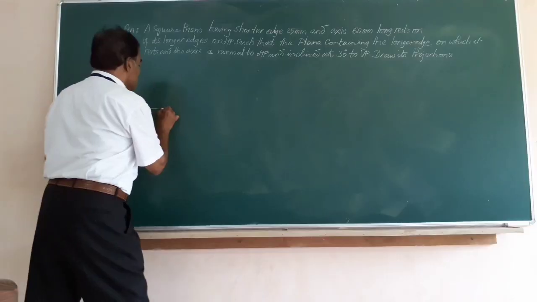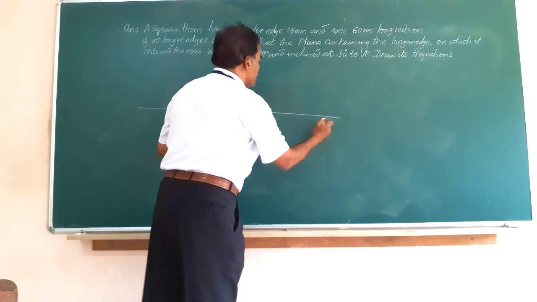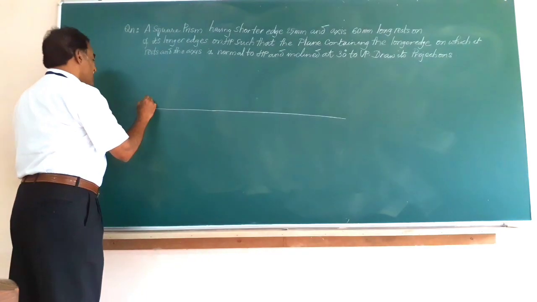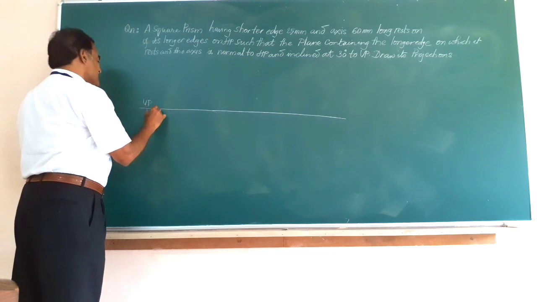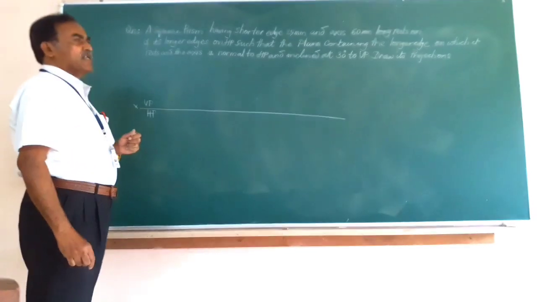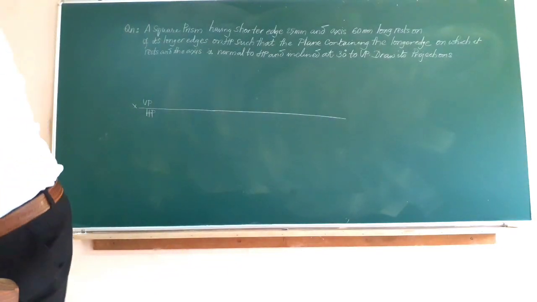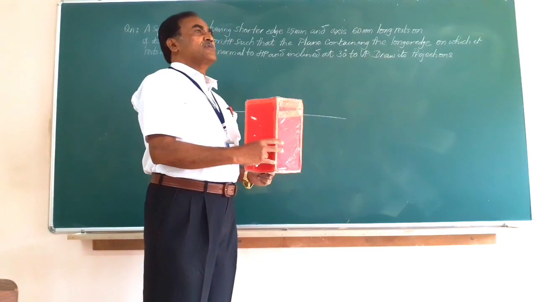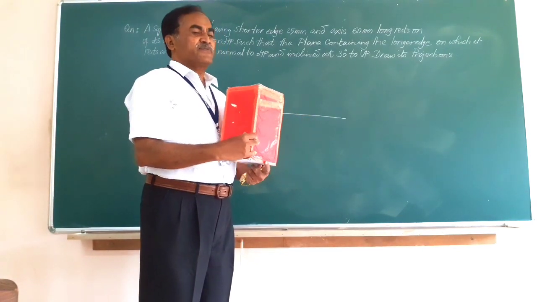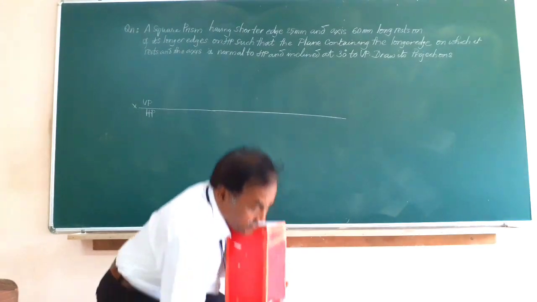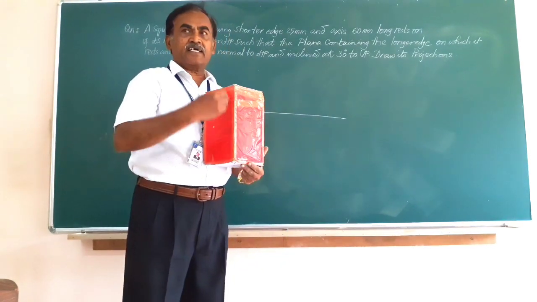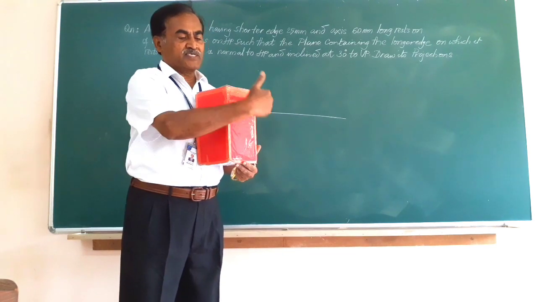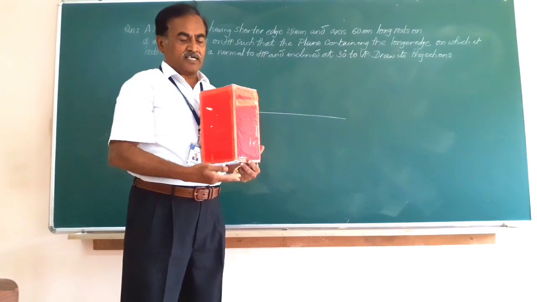Mark an XY line indicating the point of intersection of the vertical plane and the horizontal plane. Mark VP by HP indicating first angle projection. Now in the top view, when you place the object with one of the corners to the right side, in the top view you get a square, and in the front view you will be able to see two rectangles. That is, this is one rectangle, these other two rectangles. Or in other words, you can see 1, 2, 3 slant edges, the top face and the bottom face.